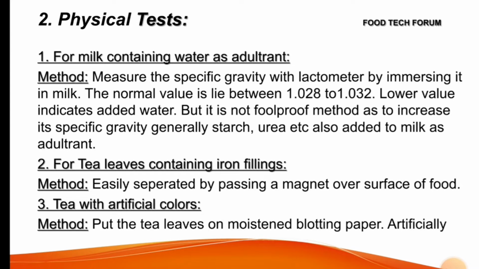We will see some physical tests here. First one is for milk containing water as an adulterant. There are generally two methods. First one is the glass plate method. Everyone, I hope, knows about it. We have to take 1 drop of milk onto the glass plate and tilt the plate so it can flow down. While that drop is flowing,